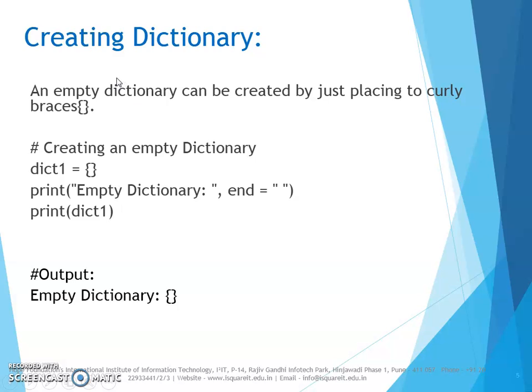How to create a dictionary? We can start with the empty dictionary creation. We write the name of the dictionary, that is the variable name, is equal to empty curly brackets, and we can try to print this dictionary. So this has created an empty dictionary. We are printing the empty dictionary, that value we are printing here by DICT1. So it will print only empty curly brackets.